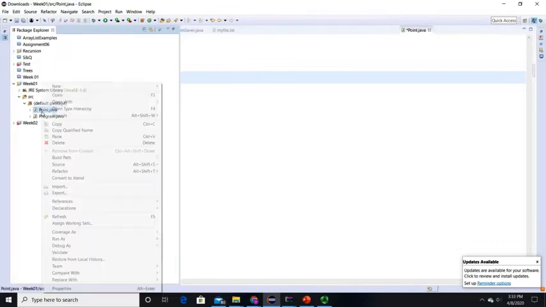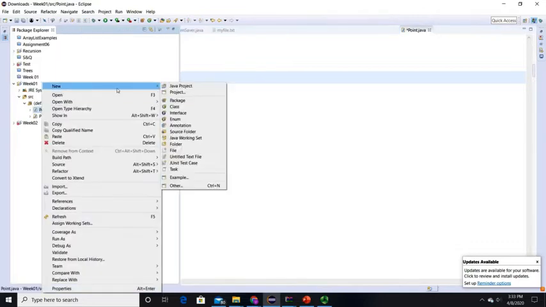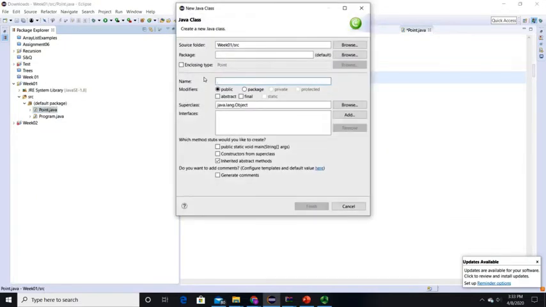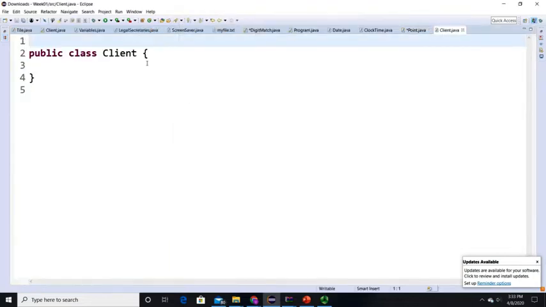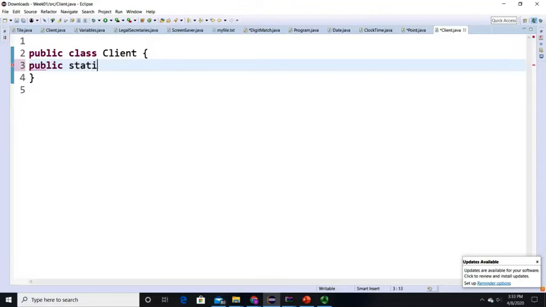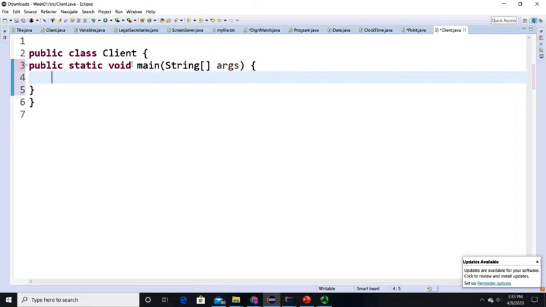Now, as I mentioned, from now on we will be creating two classes. The next class will be client. Just to be more specific, you can name it any other class if you can remember that this is your user class and the other one is your programmers class. In your client class, we will first write our main method, which will be public static void main, square brackets arguments,